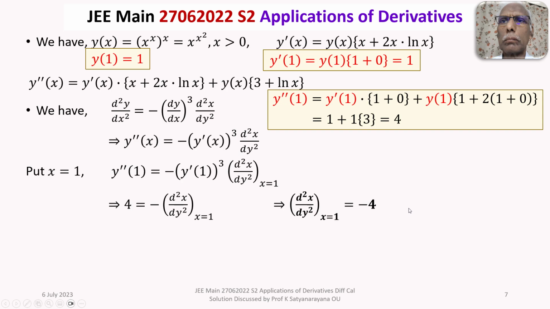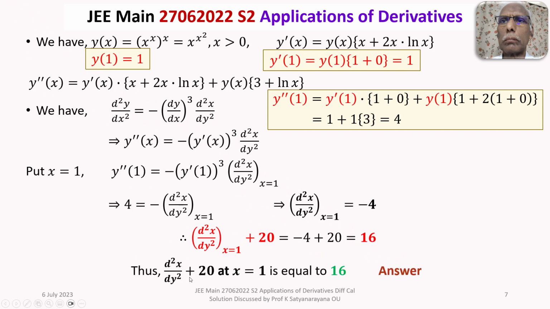What is it that we want? Required to find the value of d square x by dy square plus 20 when x is equal to 1. That is d square x by dy square at x is equal to 1 plus 20 is equal to minus 4 plus 20, that is equal to 16. Thus d square x by dy square plus 20 at x is equal to 1 is equal to 16. That's your answer. That is the detailed discussion of the solution of the problem from the subsection applications of derivatives